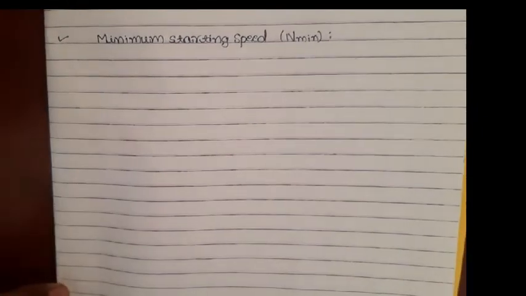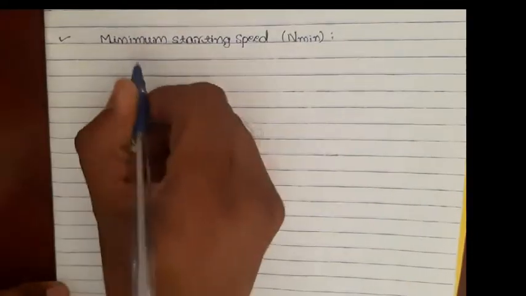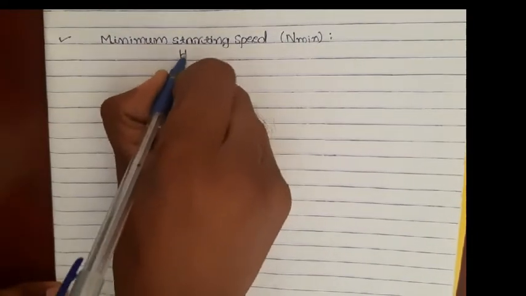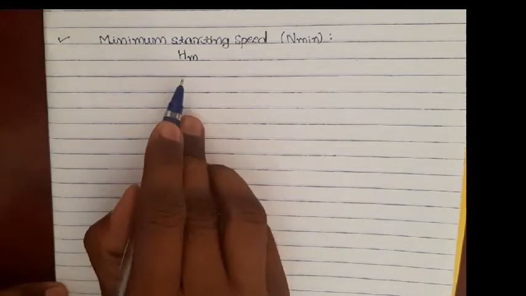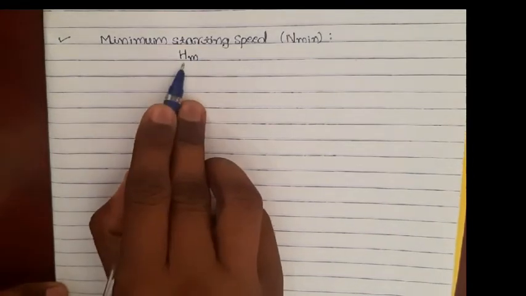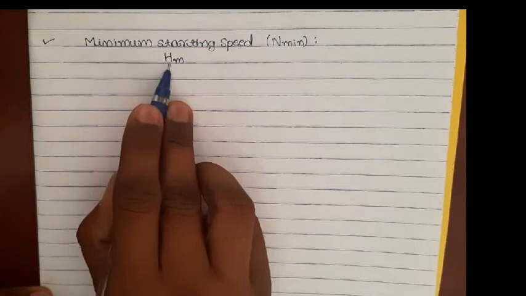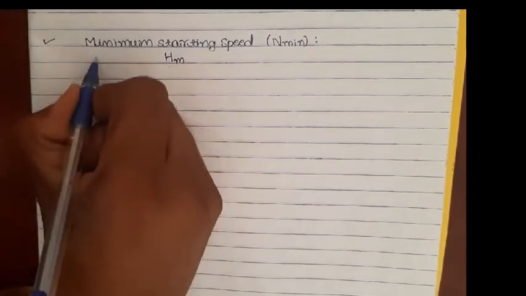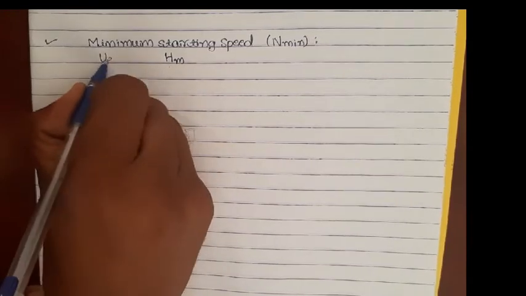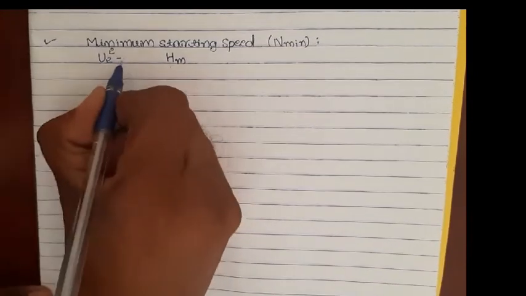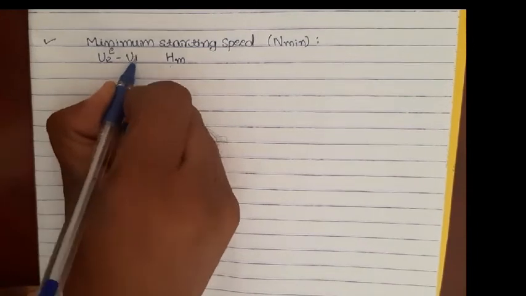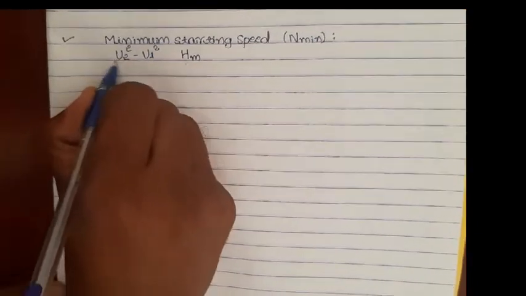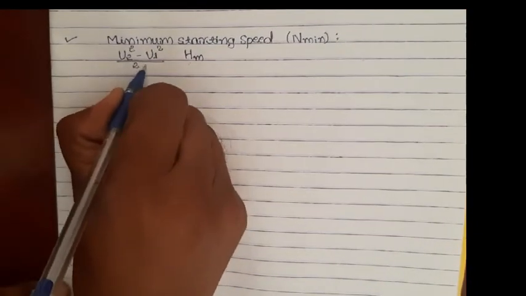Now we know whenever we start the pump, what happens? The pump has to overcome a certain head known as manometric head. This has to be overcome by the pump, right? So it has to develop a certain pressure difference so that it will overcome this. So what is the head that it develops? The head that it develops, or the static pressure change that it develops, is (U2 square minus U1 square) divided by 2g, isn't it?